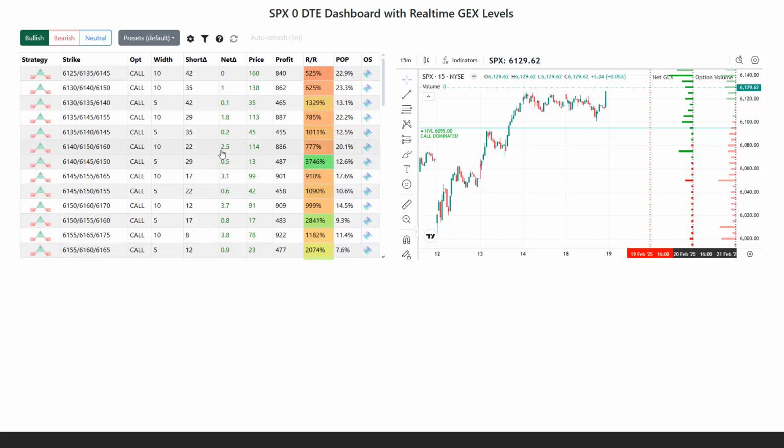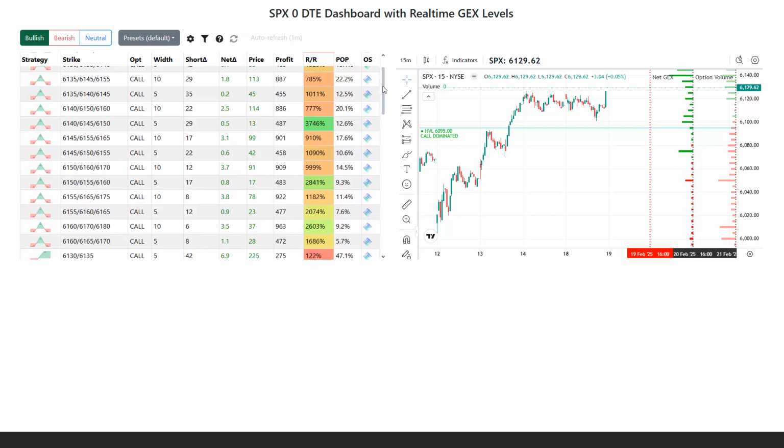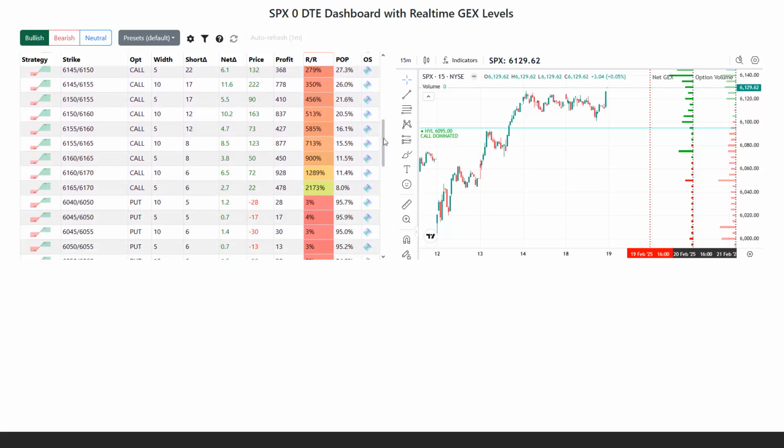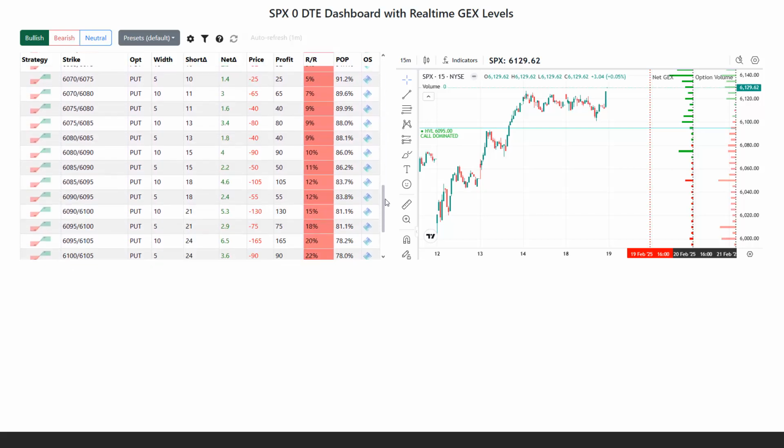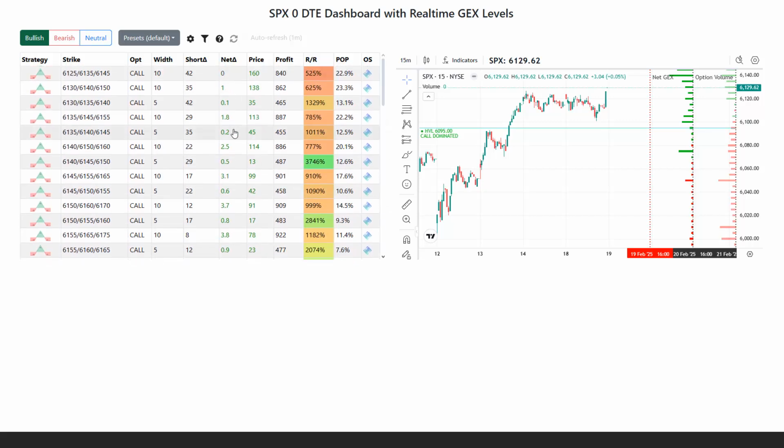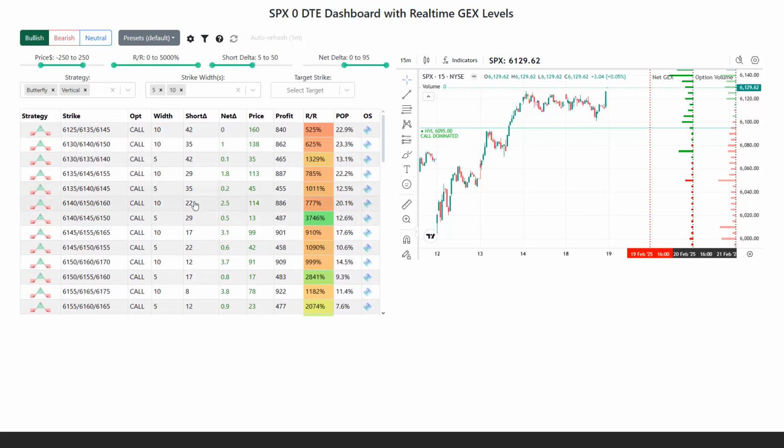On the left side, we see option spreads grouped into bullish, bearish, and neutral orientations. In the bullish, we can find butterflies, bull call spreads, and bull put spreads, and you can modify their settings. You can do this by clicking on the show filter. Here you can select which strategy you want to see. For example, if only butterflies, then I uncheck the vertical, and it shows all those butterflies where the distance between